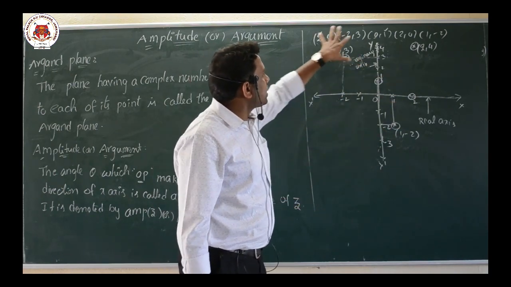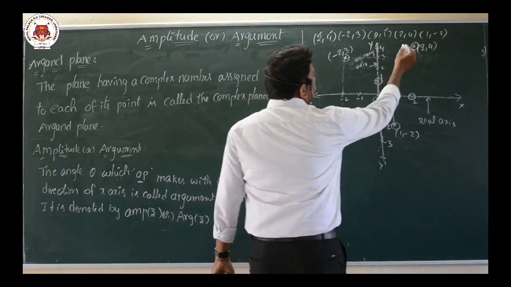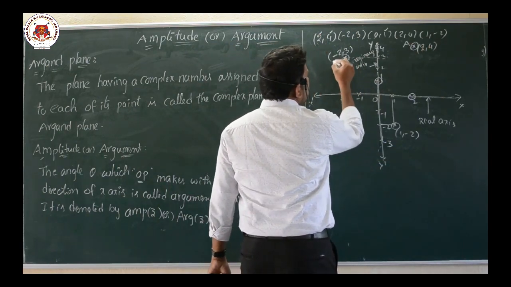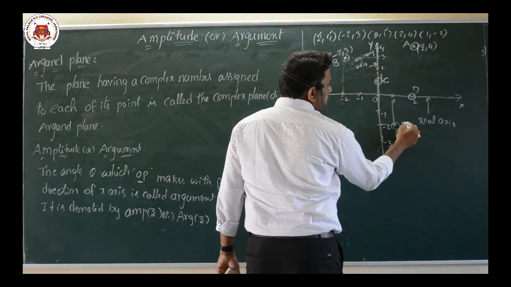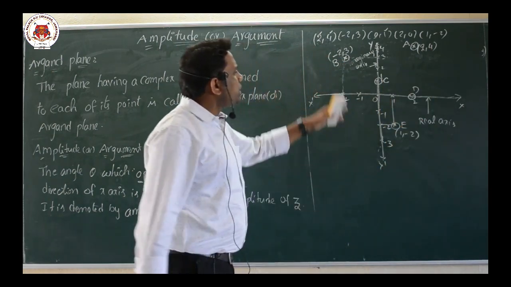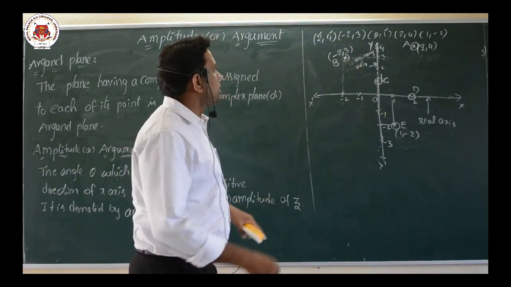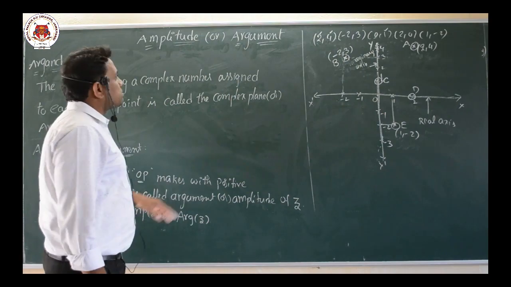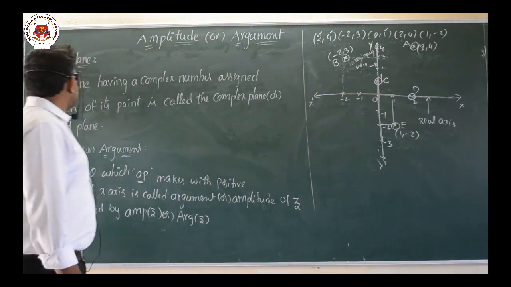Now here the points are there, one point, second point, third point. If you want, we can put the names of these points also. This is point A, assume that this is point B, this is point C. Here point D is there, here point E is there. So A, B, C, D, E points are there in this plane. So my dear children, what can we call this plane? This plane is called the Argand plane.